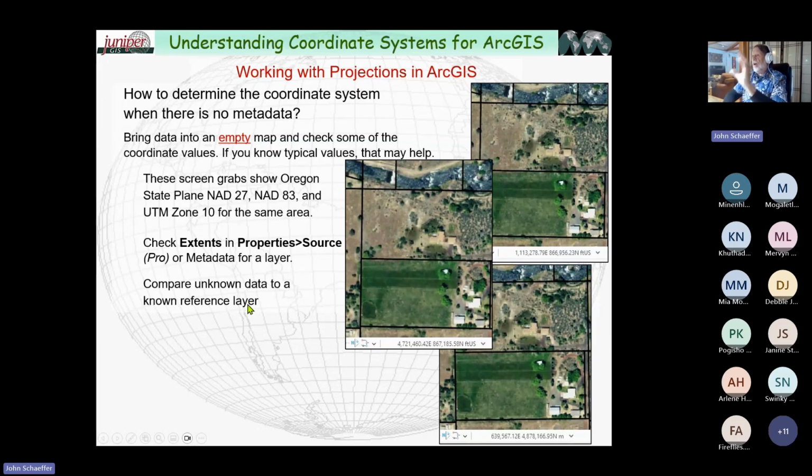And because the point on the architect's plans at the center of the bridge was not on the center of the bridge, it's about 100 meters away, well, then I knew that he was working in UTM, North American Datum 27, versus UTM NAD 83. So then I was able to project his data to match the imagery and make everything work. So those are the few things that you can do to try and figure out where this data should be